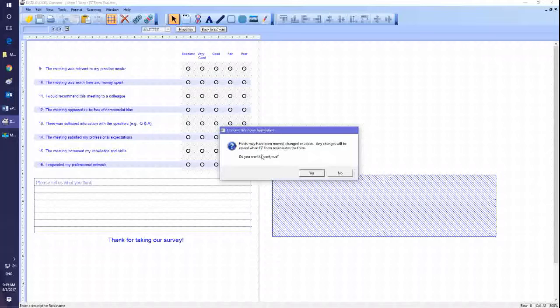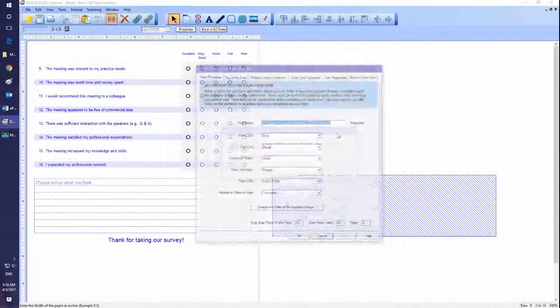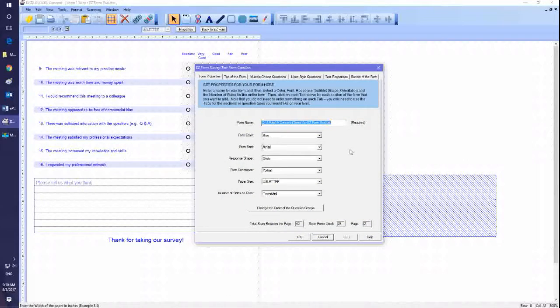And the software is telling us here, and this is important, that fields may have been changed. Are you sure you want to go into the wizard? Because when you exit the wizard, any changes you made by hand are going to be erased. The software cannot keep up with changes that are made by hand at this time. So the reason we're getting this message is because I moved this blue box right here, and it's just telling us that that change will be erased. So I'm going to click OK here, and it brings us back into the wizard,